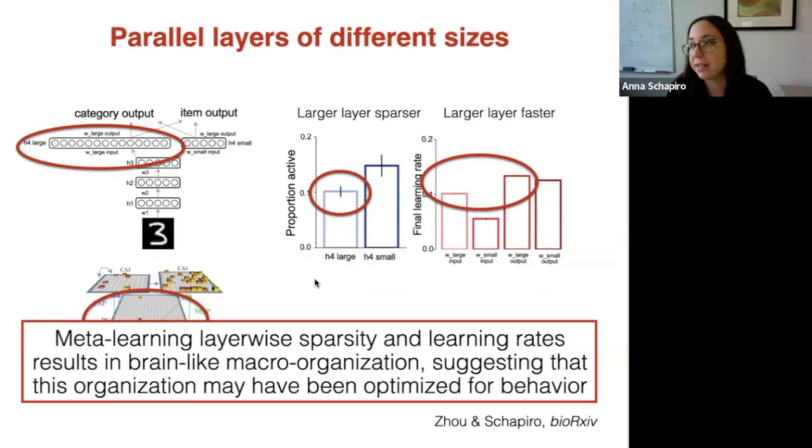We modeled this here as a concurrent learning process, right? So you're learning the task at the same time that you're learning the hyperparameters. We are kind of agnostic about how we think that the meta-learning process might actually be implemented. So it could be an evolutionary timescale learning process. Perhaps it's a developmental timescale learning process, like we saw with that critical period finding. So if people have thoughts on that, we're kind of actively thinking about that. But it suggests that there's some kind of meta-learning optimization that could give rise to this kind of organization.